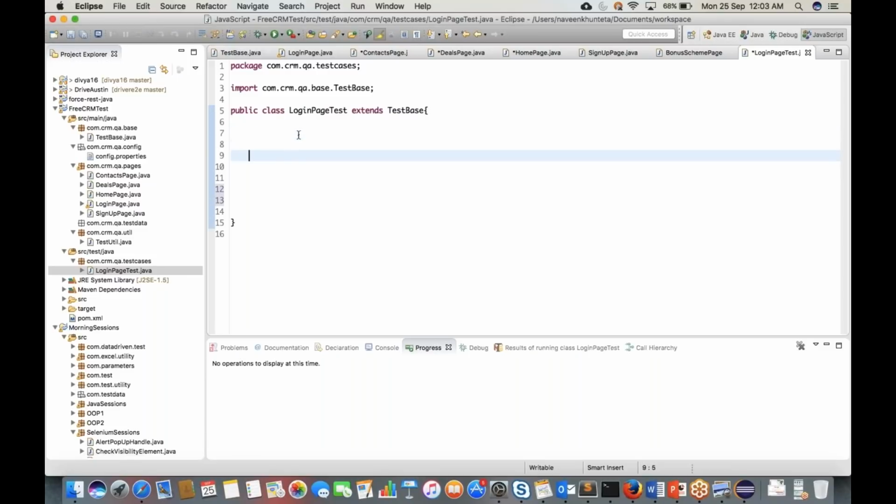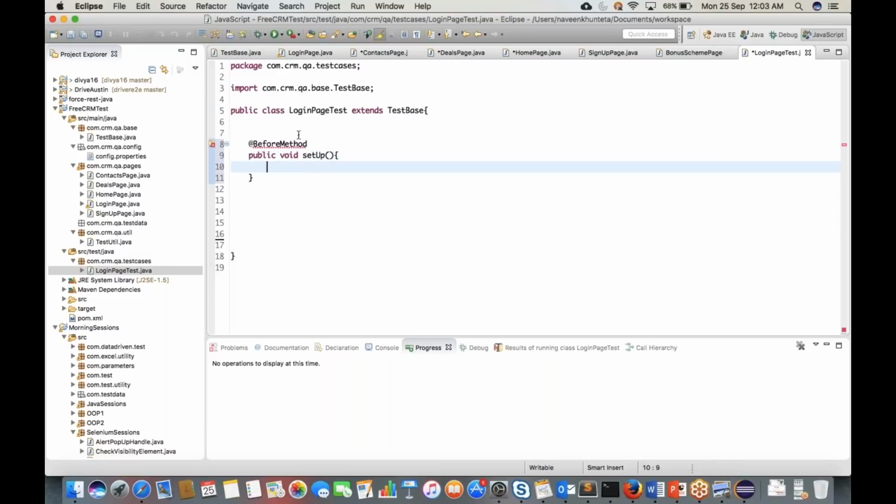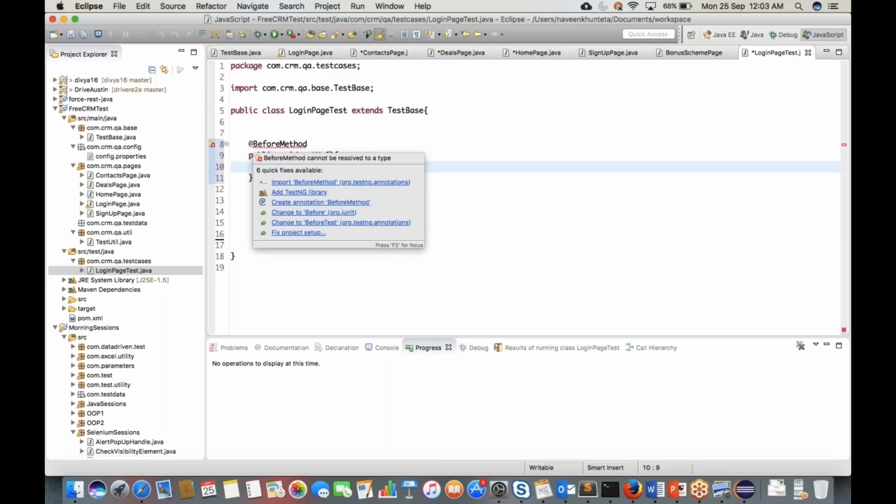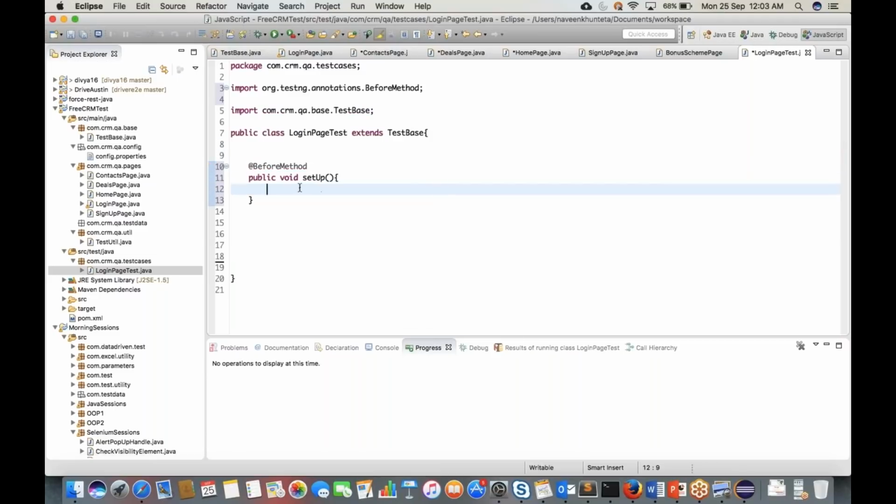Now here I'll define my annotations and everything. So simple, I'll write my annotation @BeforeMethod, and my method name is public void setup. Right now I'll write my test cases. Okay, and I'll write my TestNG annotation. So @BeforeMethod is available here, and inside the setup method, first thing what I'll do,